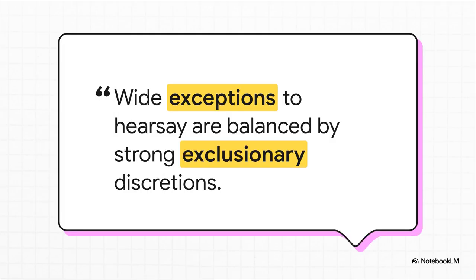So this brings us right back to our central theme, doesn't it? If the Commonwealth's wide gates are letting so much hearsay evidence in, how on earth does the Act ensure fairness? Well, it's all about the strong guards, those powerful judicial discretions to throw evidence out. Mastering this second half of the puzzle is absolutely critical.